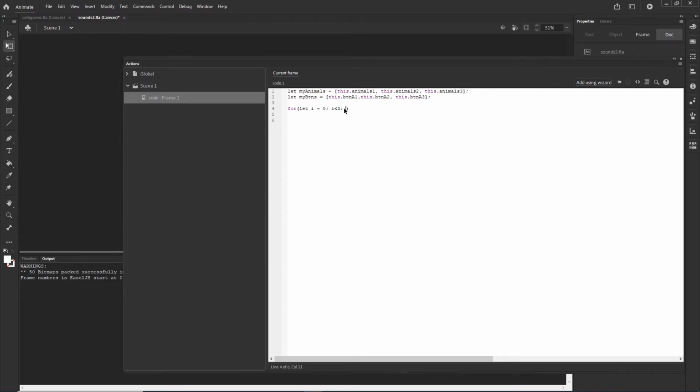Hopefully this makes sense. I believe it will at the end. And I++, which means plus 1. Plus means plus 1, like so. And in here now I will type my animals I